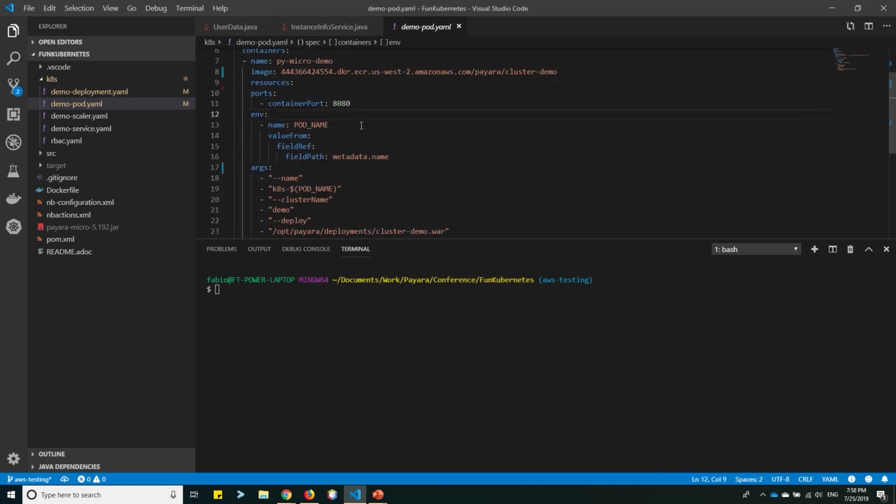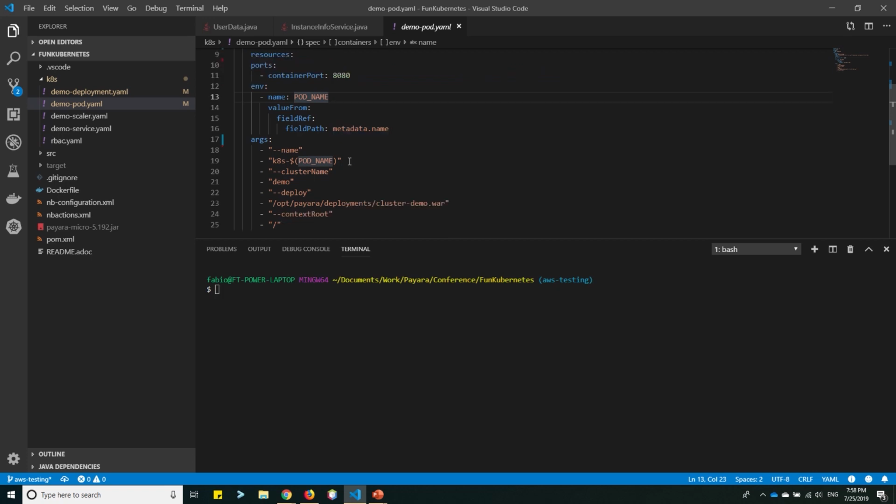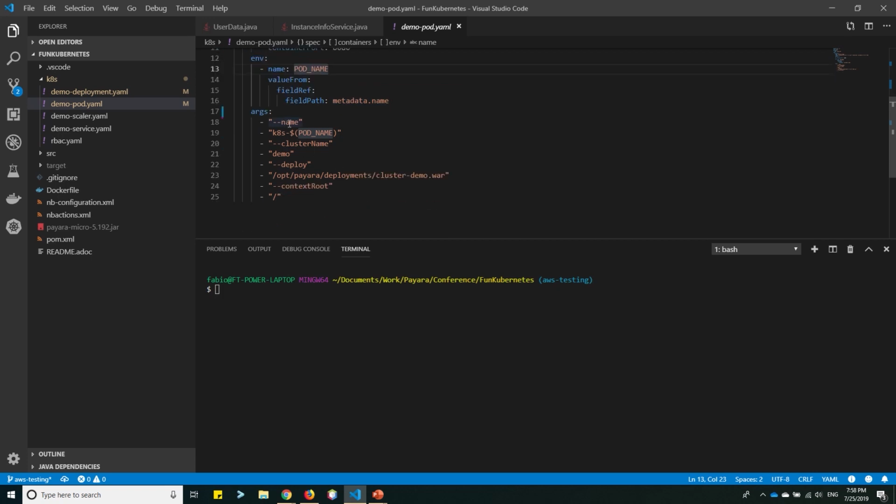So we are mapping the container port to 8080. We are defining a new environment variable that will be used for starting the Payara Micro instance, named pod name, and we're extracting its value from the metadata of the pod. As you can see here, the arguments that I'm passing to the container, which will be used by Payara Micro in order to launch the new instance,